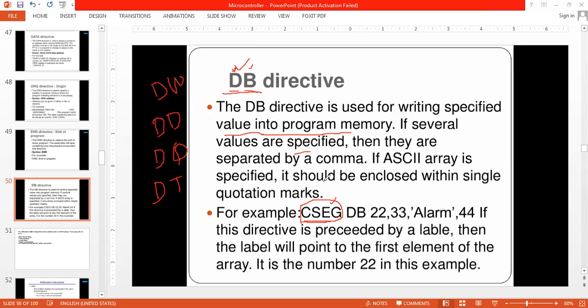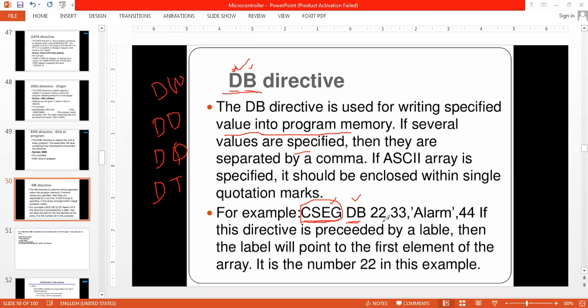I will tell you the meaning of all these directives. CSEG is a name which is going to store multiple numbers with data byte size. If I specify DB, CSEG is always going to have byte size data.